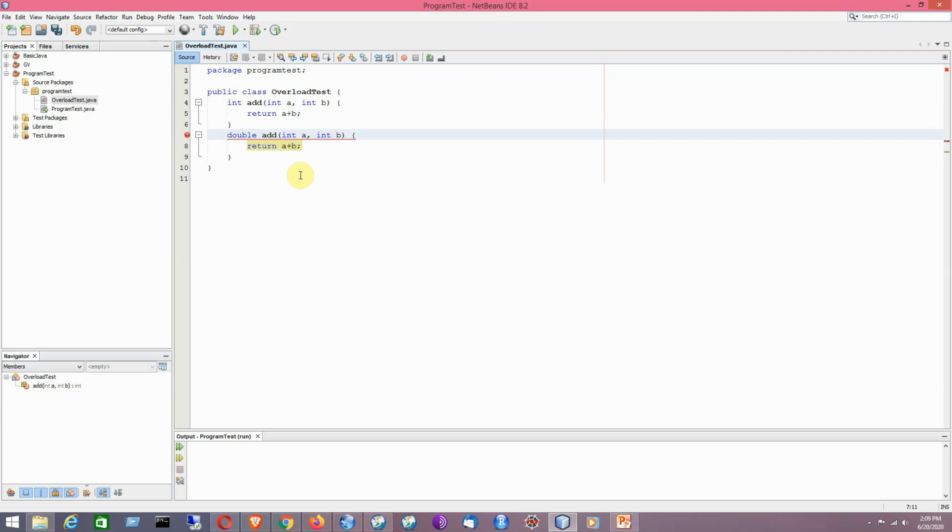Now in this particular example, we are demonstrating the concept of achieving method overloading by using different types of parameters. So this method will be adding two floating point numbers.